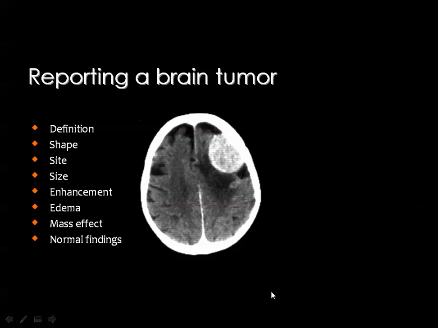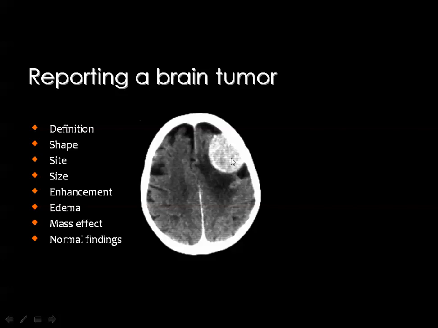Then if you are confronted by a case of brain tumor and you would like to write a report, this report should include the definition of the lesion, whether it is well defined or ill-defined, the shape of the lesion, oval shape, irregular or so, the site of the lesion, as in this case it lies in the left frontoparietal area, the size of the lesion, and you measure the size of the lesion, the enhancement pattern, whether it is homogeneous, heterogeneous, ring, or serpiginous, the edema surrounding the lesion, if it is grade 1, grade 2, or grade 3,